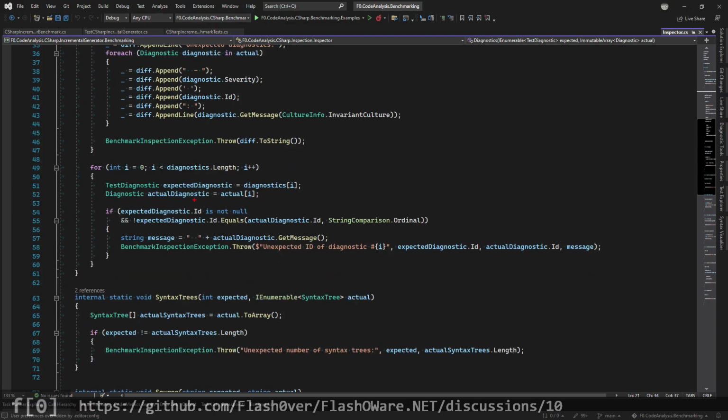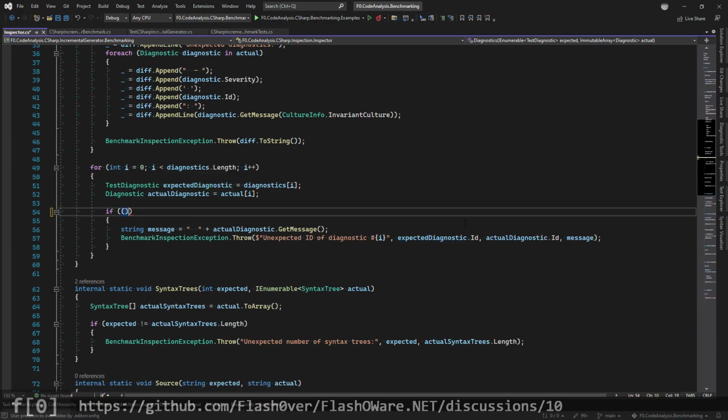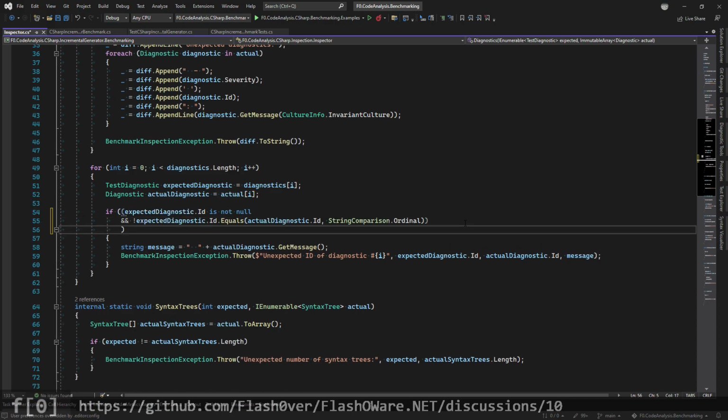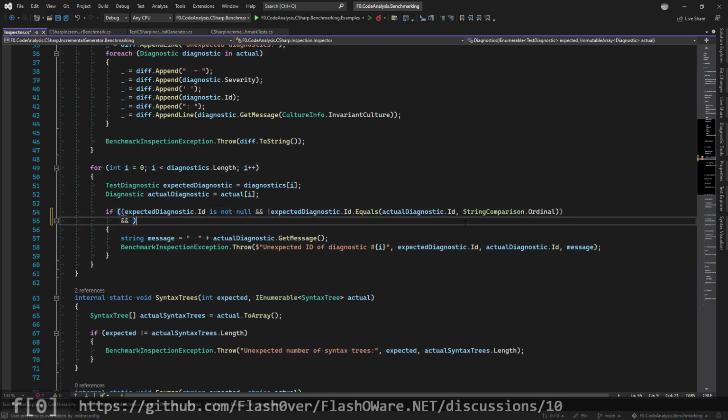And so far we only match if the ID is matching. Okay, so additionally, it's not null. So this is like if we have an ID, and perhaps let's put this in one line, this should make it more obvious. And if we